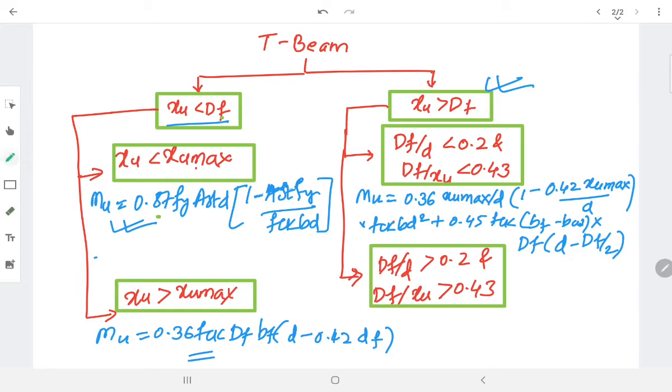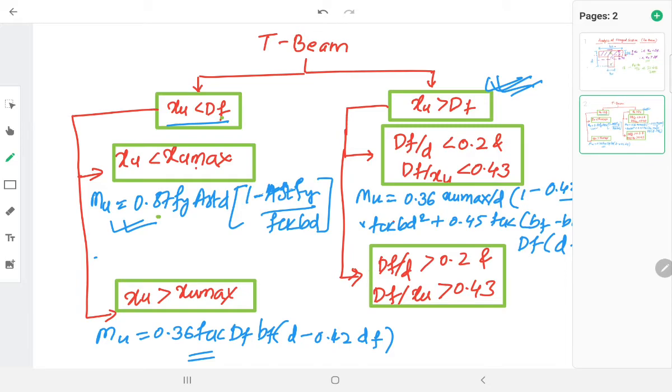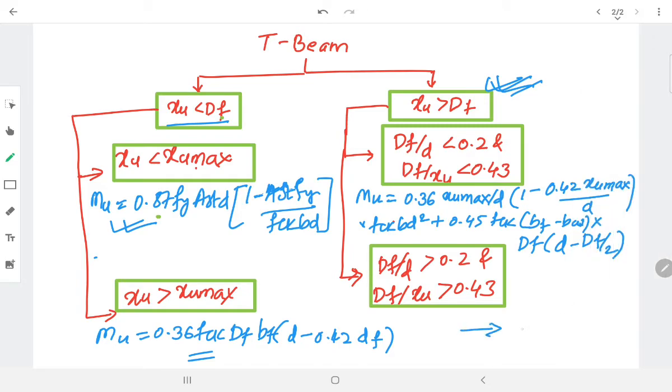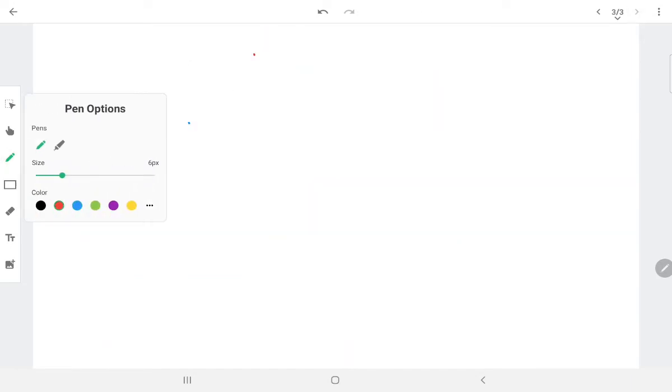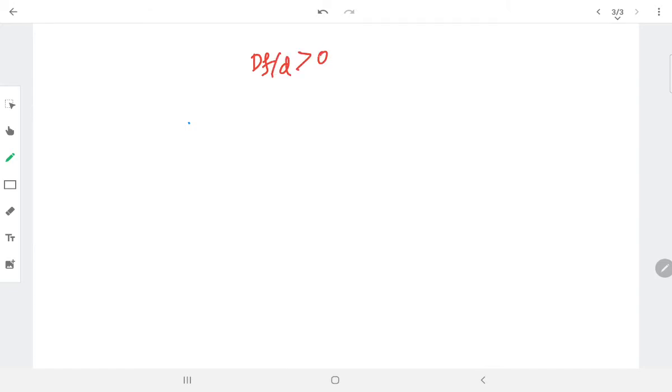So for this, suppose xu greater than df and df by d is greater than 0.2 and df by xu greater than 0.43. In this case I will be going for the equation on the next page. So if df by d is greater than 0.2 and df by xu is greater than 0.43, in this case the equation to be used is